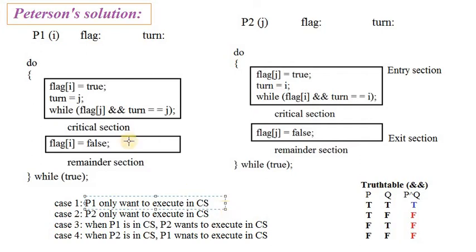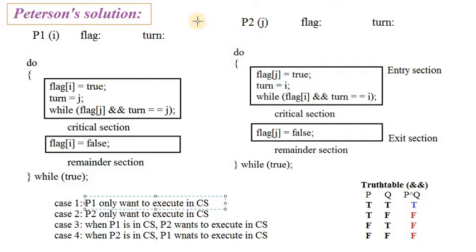That means both the programs are there, but out of these two programs, only program 1 is going to execute in the critical section. Before executing in the critical section, it should have some interest to enter into the critical section. Then only will it follow the procedure. Suppose only P1 wants to execute, but P2 doesn't want to execute in its critical section.